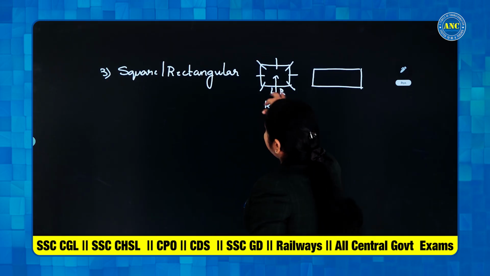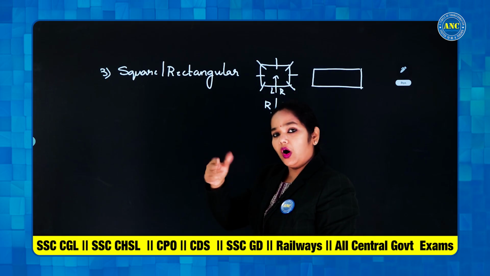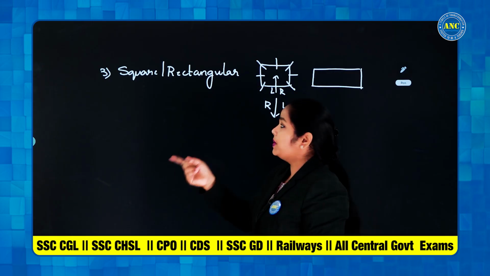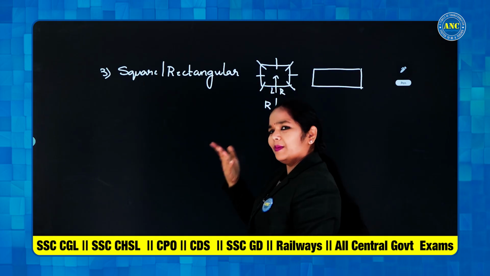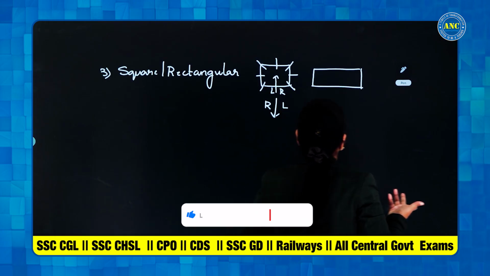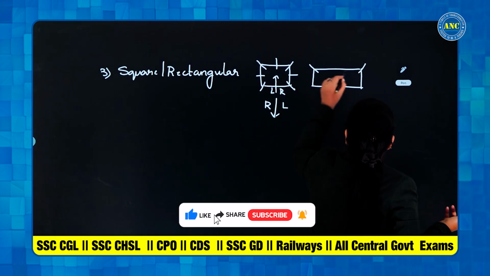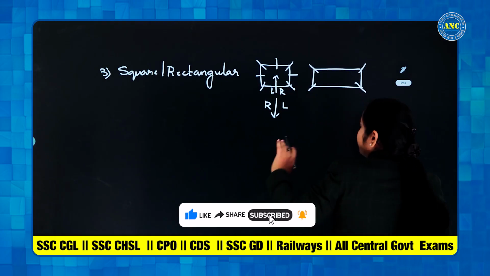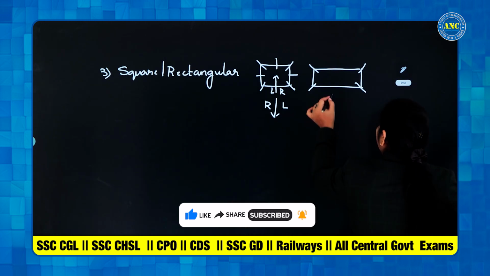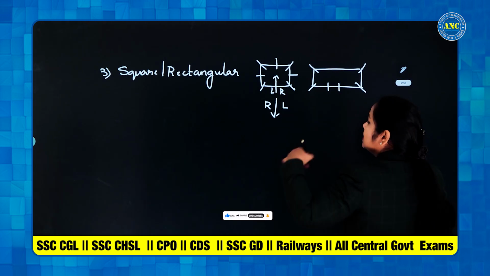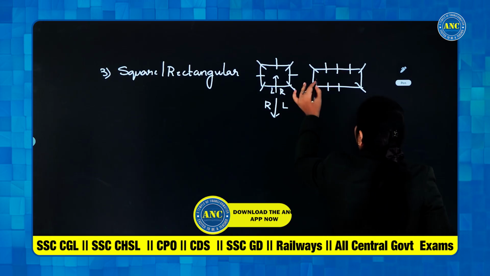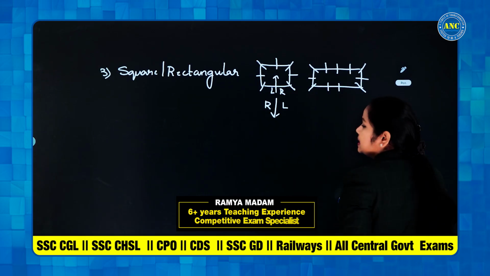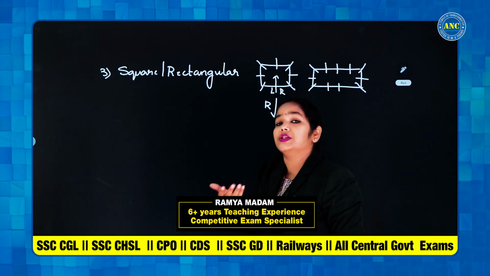So, even distribution of people will be there, odd distribution of people will be there. Here there is an even distribution of people: 1, 2, 3, 4, 1, 2, 3, 4. There will also be odd distribution of people. Sometimes in rectangular, there are 4 different corners where people are seated. One side of the table only 2 people are seated, the other side 3 people are seated, and the next 2 sides there is 1 person seated. So, even this form of questions will come.